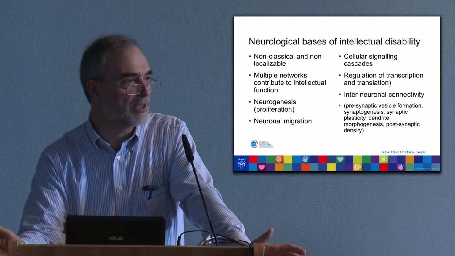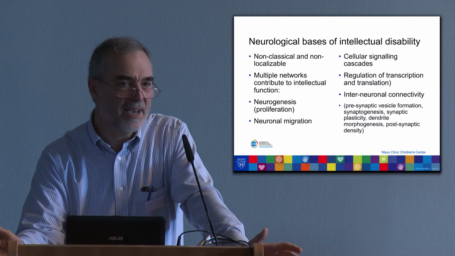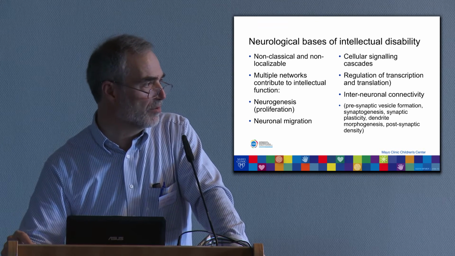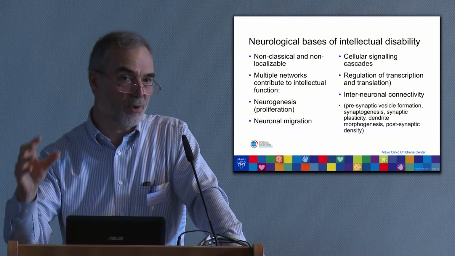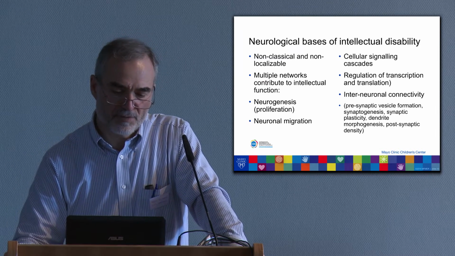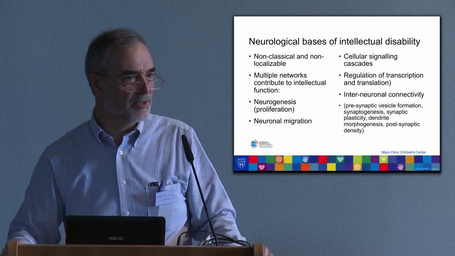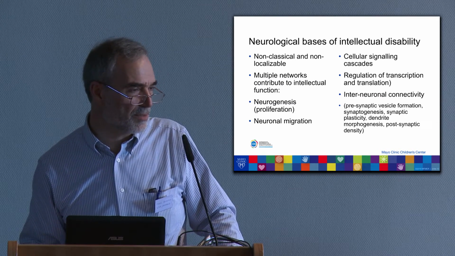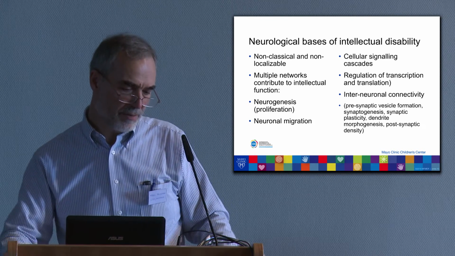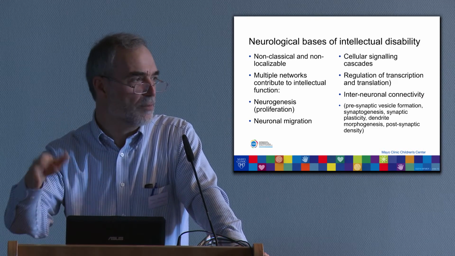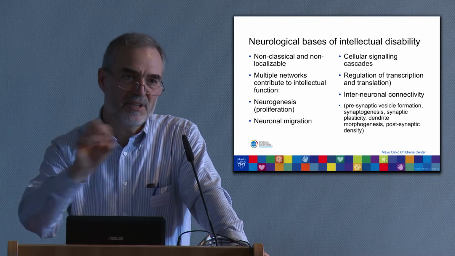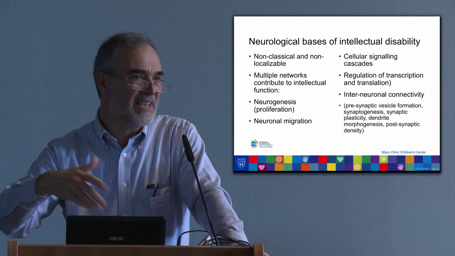But what happens when we deal with intellectual disability? We can't do that. The vast majority of patients, we can't say, well, here is the part of the brain that's responsible for intelligence. And we know that people can suffer quite severe localized injuries, but their overall intelligence is preserved. So we have to think about this type of disorder, as with other disorders such as autism, in a different way than we do in classical neurology. And what has emerged over recent years is that there are multiple networks. We have to think of neurons working together in networks, not just in one part of the brain, but it's how these neurons interact with each other, how they integrate information.